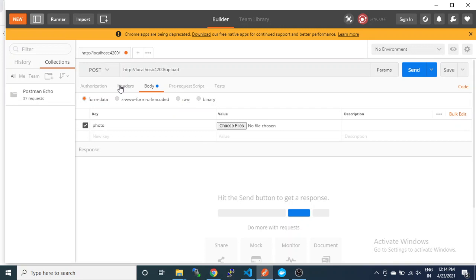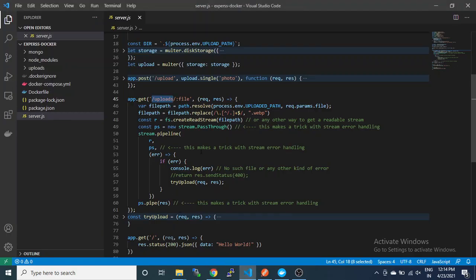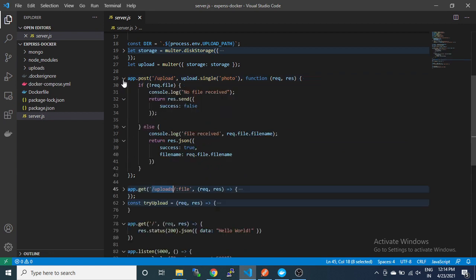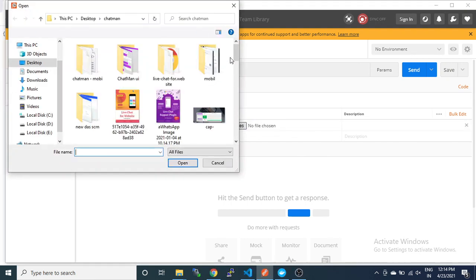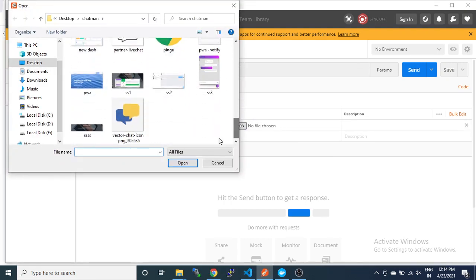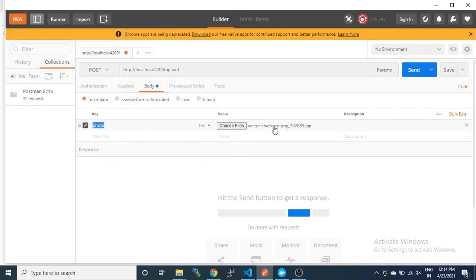Okay, now what we will do, we are using the Postman. Okay, so application 4200 upload, inside body we have form data, where we have written the key, the photo key. We have mentioned it here. You can check, this is the photo key, and then after we will choose a different file to upload. Let's suppose we will upload this one, vector chat.